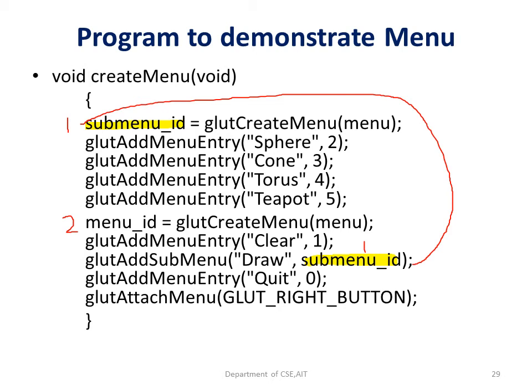This is the create menu function. You can see here we are having glutCreateMenu. This glutCreateMenu is going to create a menu, and that menu's ID is given to submenu ID. This submenu ID is used later on to create the submenu. So first the main menu will be created. Actually, when you are writing the program, glutCreateMenu is of course the main menu, but in this case, first you have to write the inner menu.